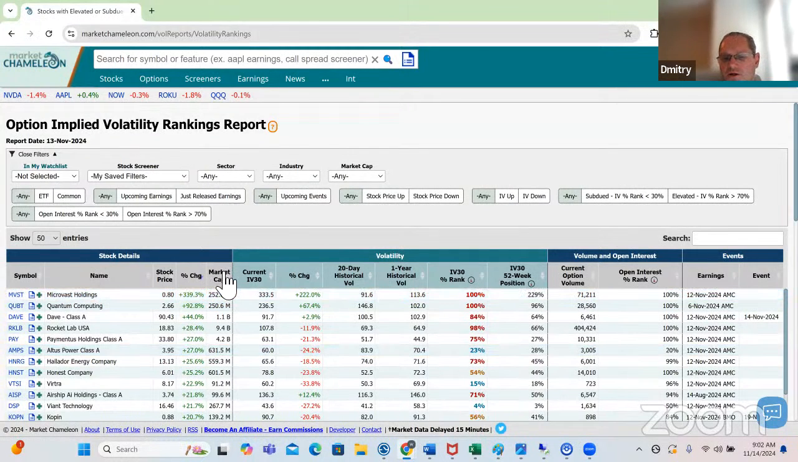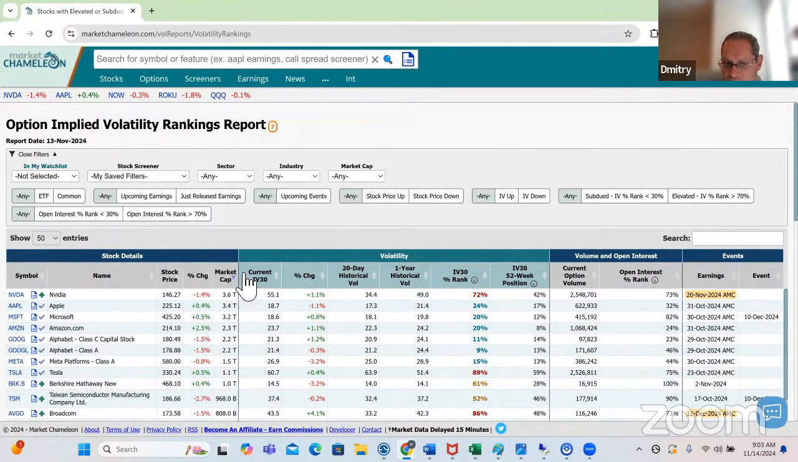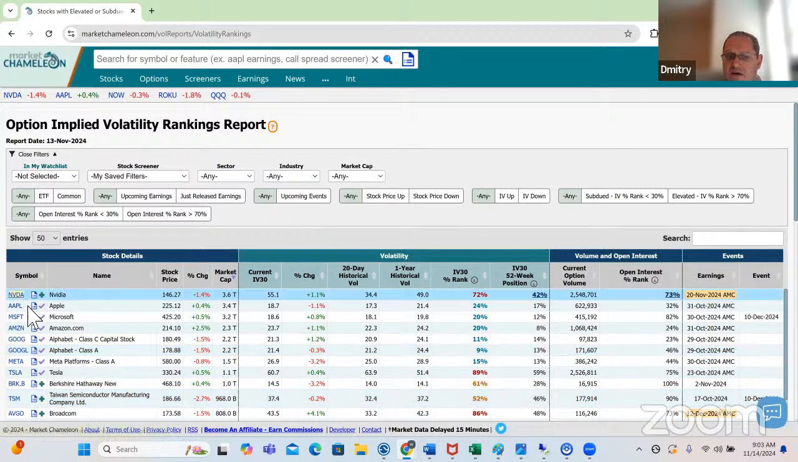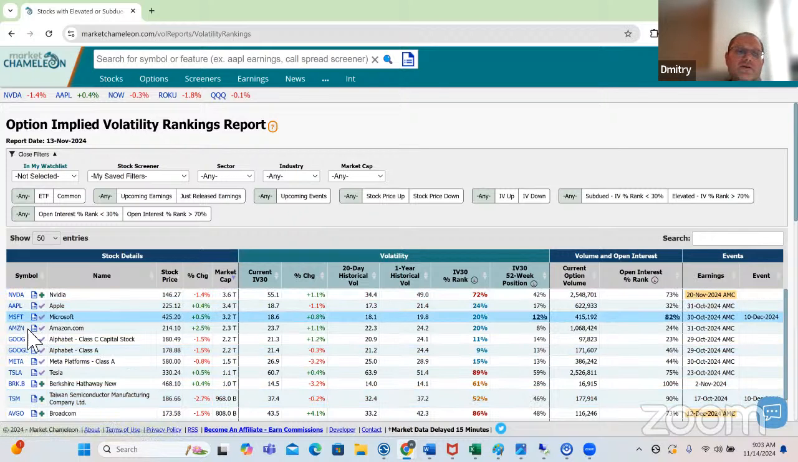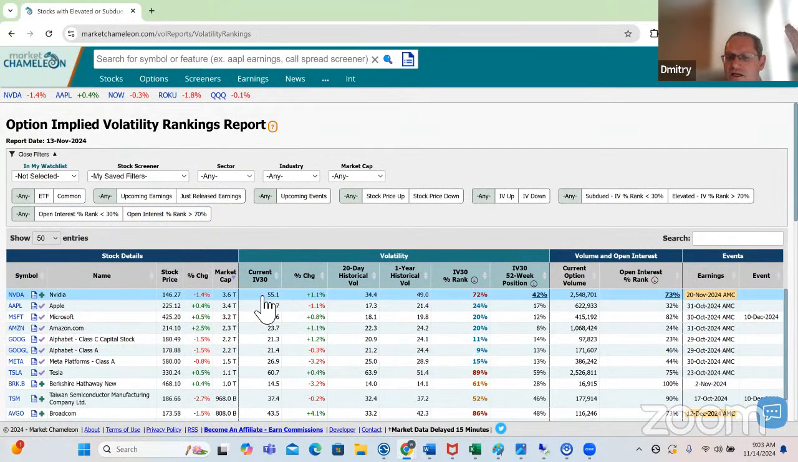So I'm just going to sort this by market cap. When you click on the column heading, it will sort from lows to highs or highs to lows. So we'll go from highs to lows. Now you can see that this table changed. We have NVIDIA on top, then Apple, Microsoft, and so on. Then